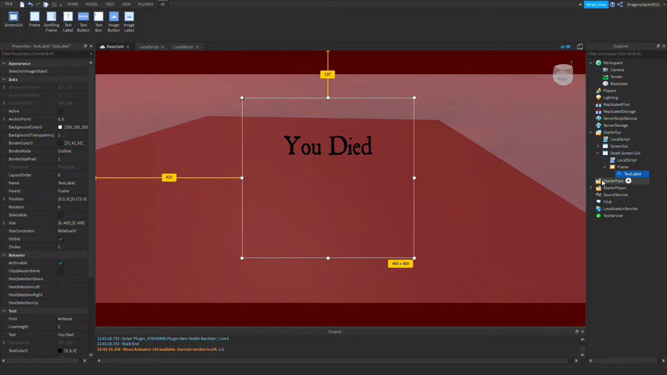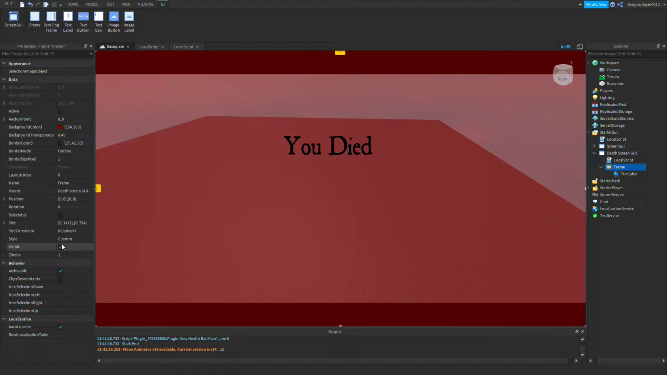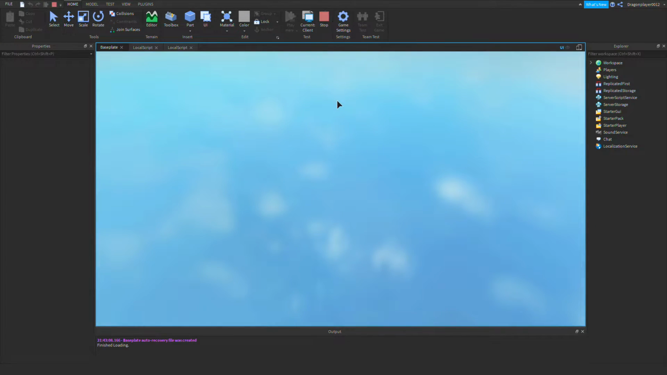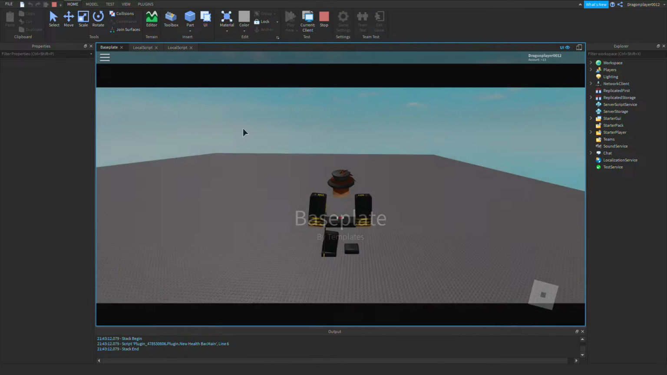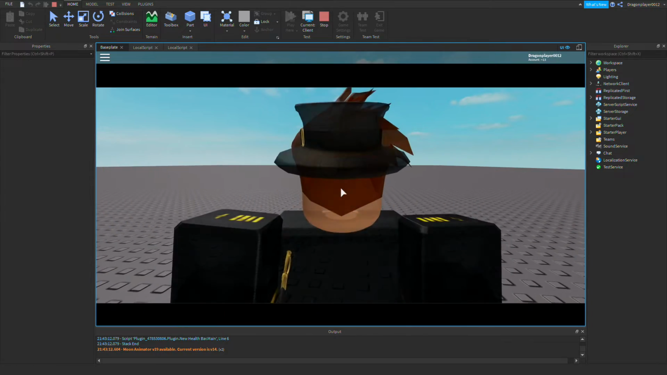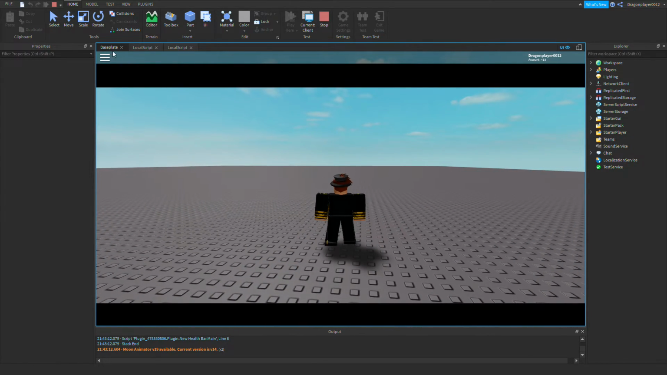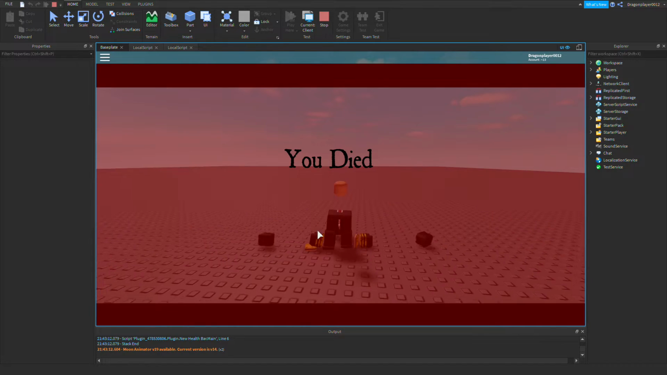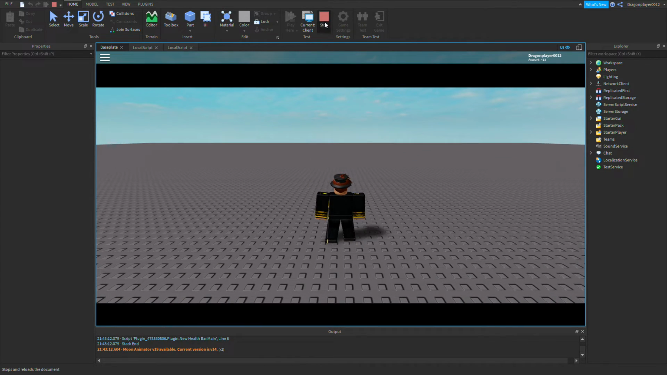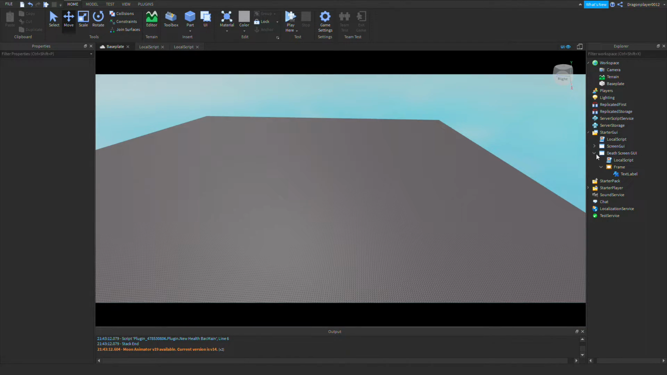So this will show when you die. So now if I set visible to false and click play here, it shouldn't show, only this GUI, just to make it look fancier. And if I reset my character, it shows that you died. So that's how to make a you died screen, very easy. And now